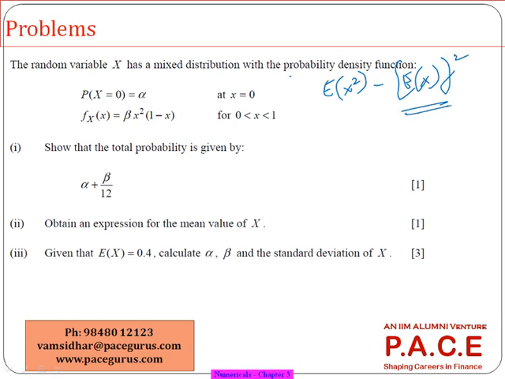Expectation of x, you already know that it is 0.4. Expectation of x squared means what? You are doing x squared into this for the discrete part, and for the continuous part also you are doing the same thing. Whatever you are getting is expectation of x squared minus expectation of x whole squared, which is 0.4 whole squared. You are getting the same answer